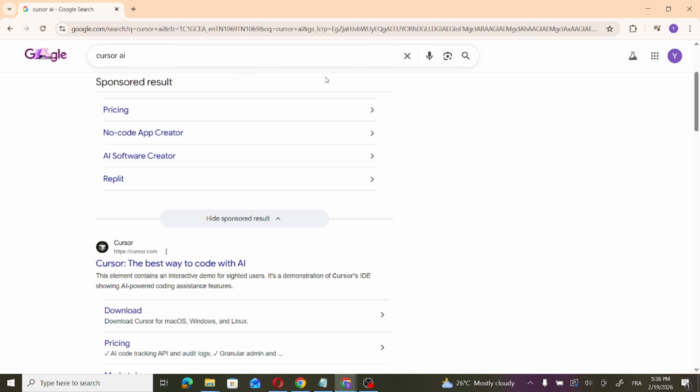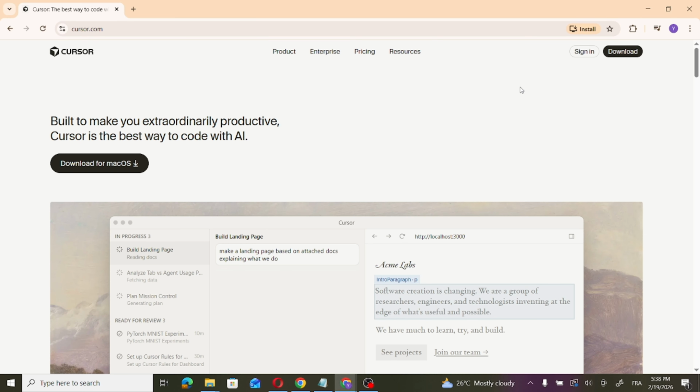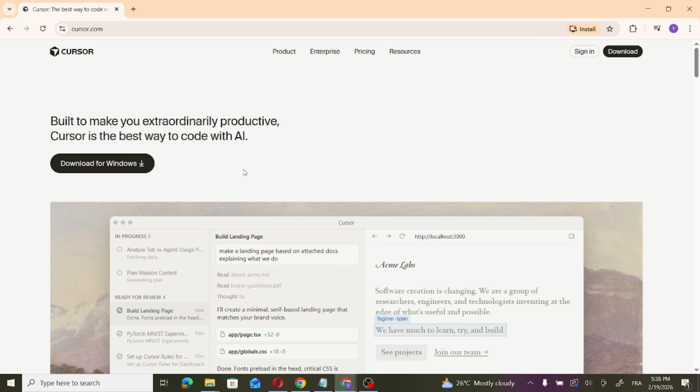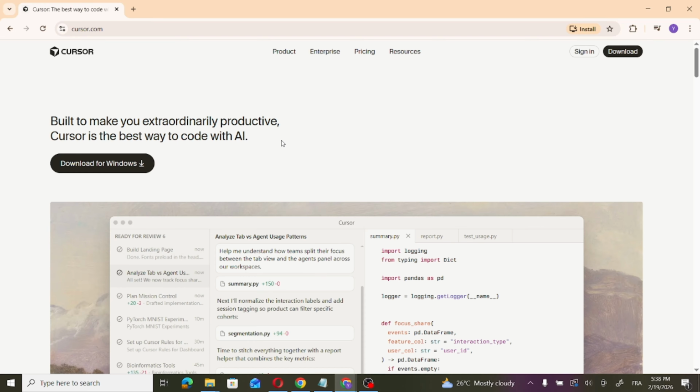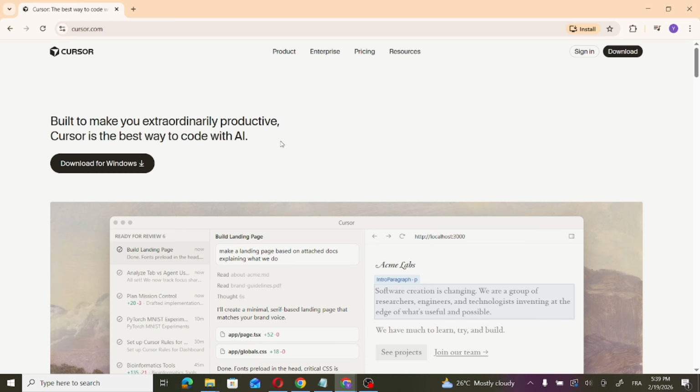So open any browser and then type in Cursor AI and then open this link and then sign in or download for Windows. After you sign in or download, you just ask Cursor AI to write a code for the Chrome extension. After it finishes and you test it on your computer and everything, you go ahead and open a